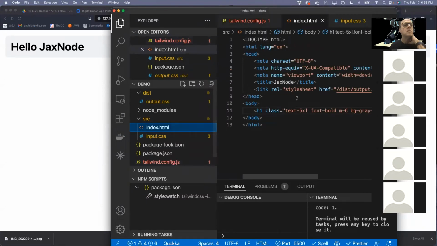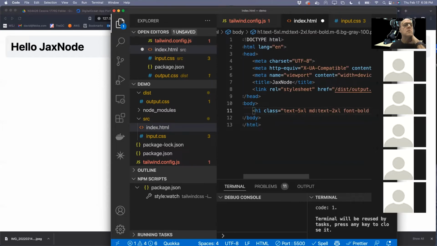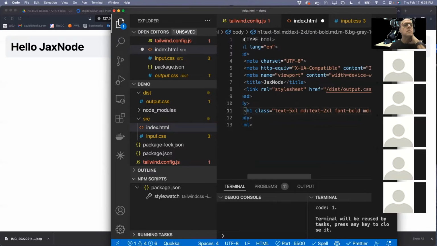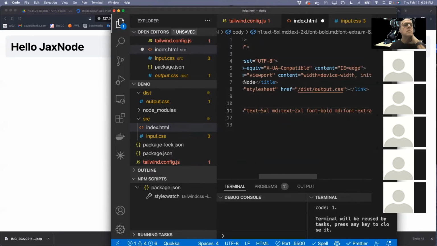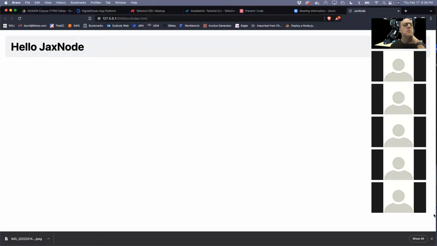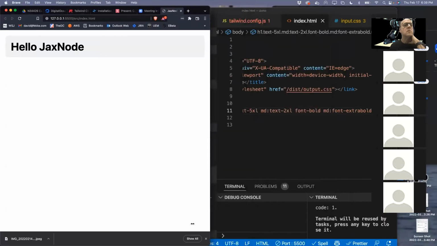Now, if I want to, I can come over here to my index here, and I can set it up so that once I go to, let's say, a medium-sized file, maybe I want to use a smaller font. So I'm going to say medium, and I'm going to say text, and I'm going to say 2XL. And then maybe let's change one more thing. Maybe for the medium, I also want to use a font extra bold. So now if I come here and start resizing this,